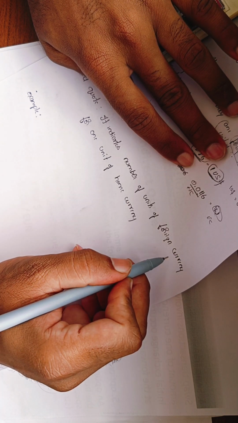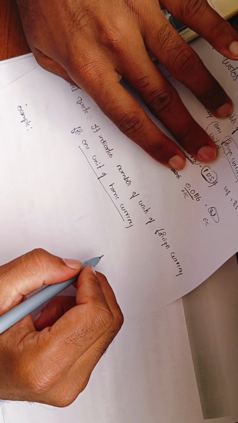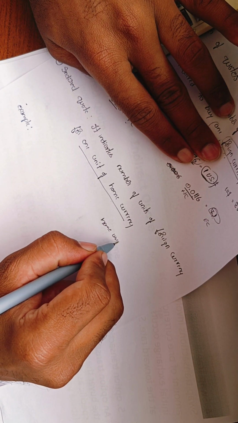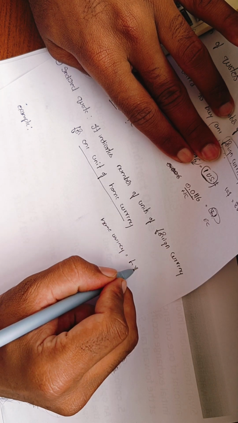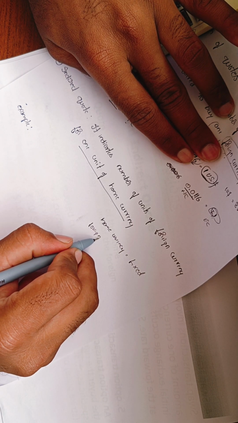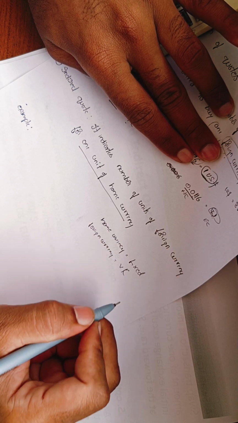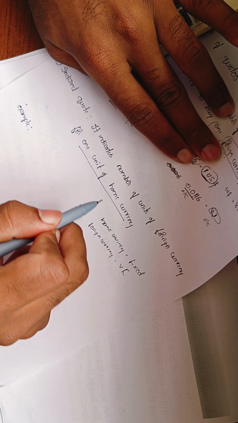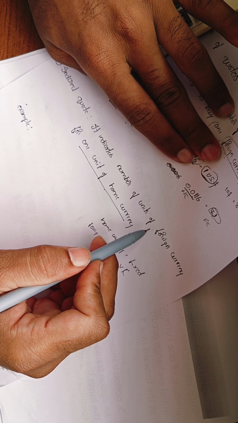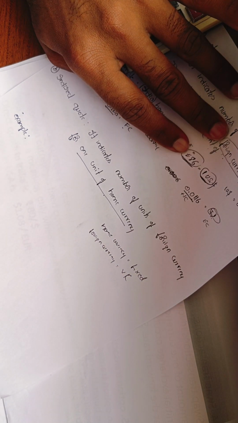Number of units of foreign currency for 1 unit of home currency. 1 unit of home currency indicates that the home currency is fixed, and the foreign currency is the variable currency, because to buy 1 unit of home currency, this flexible amount we are going to pay. Take for example,